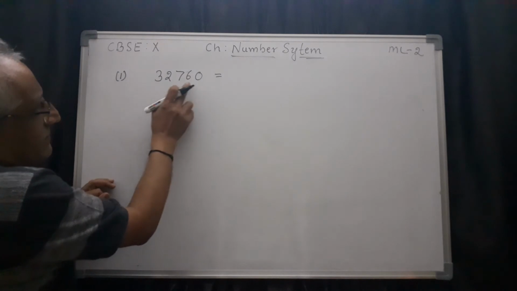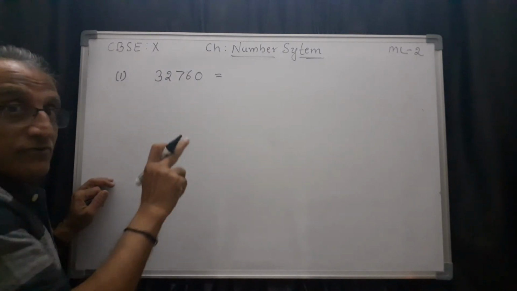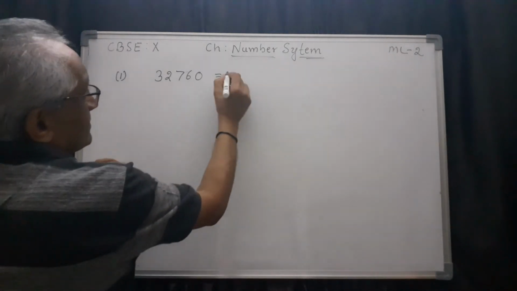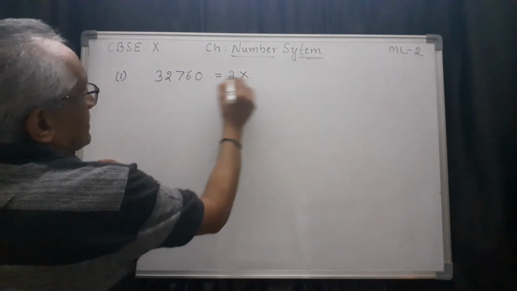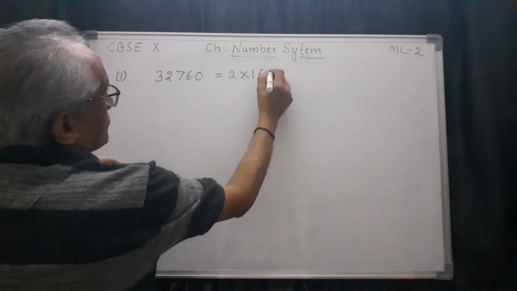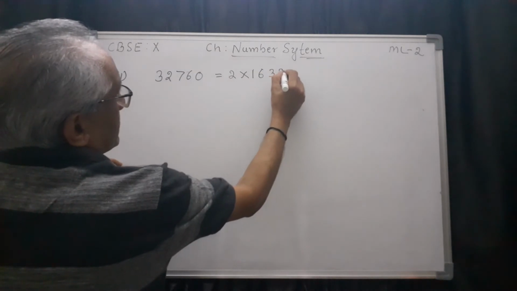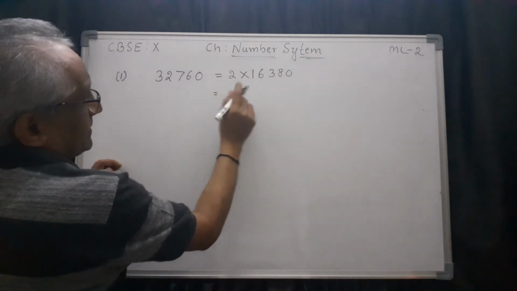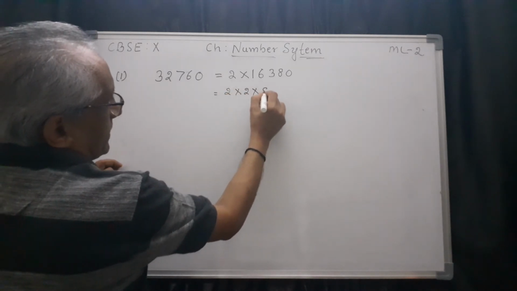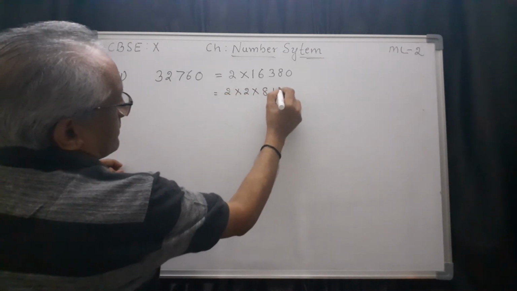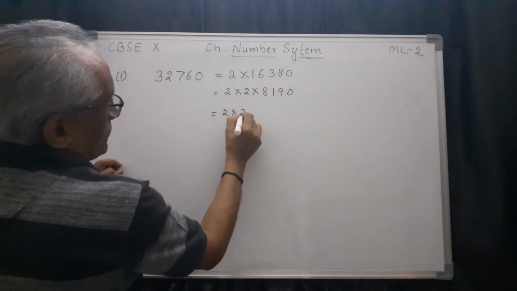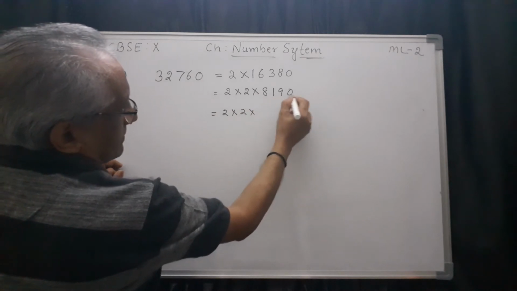You can always start with, see, this is even. So if your computation skill is good, you can skip some of the steps. Otherwise you have to do like this. 2 you take out first, then 2 ones are 2, 2 sixes are 12, 2 threes are 6, 2 eights are 16, 0. So once again you see here it is even, so you can take one more 2, 2 into 8, then 1, then 9, 0. So this equals 2 into 2 into, once again this is divisible by 2,